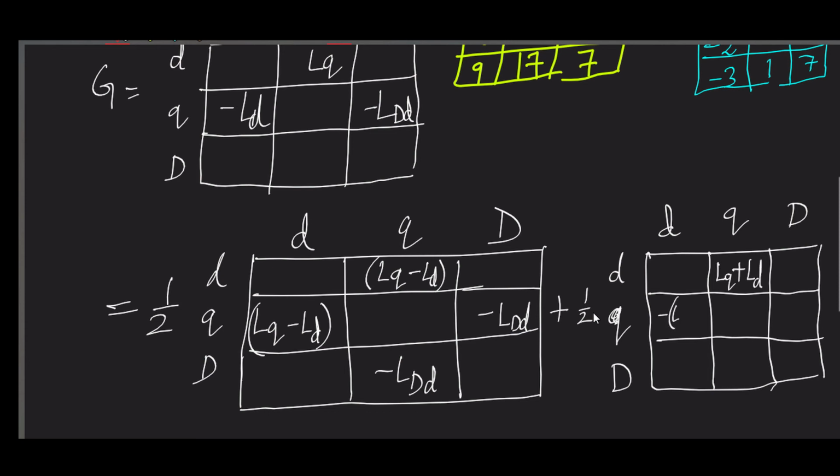Here it will be minus LD plus LQ. Then here it will be minus LDD. Here it will be plus LDD. But the problem with this is, when you do the multiplication of this symmetric and asymmetric part, you will see that